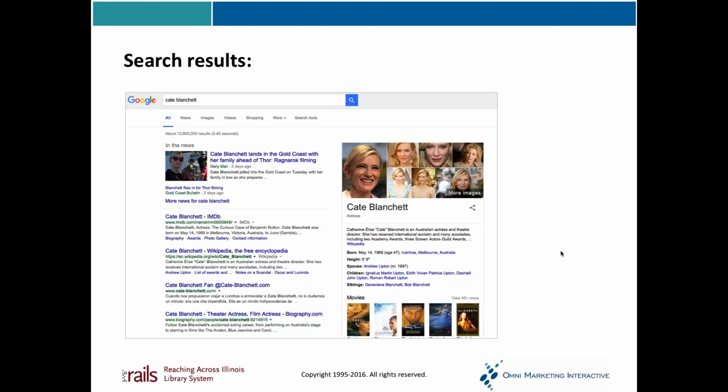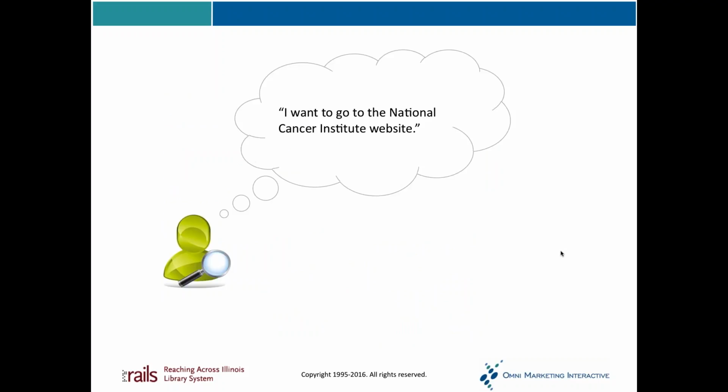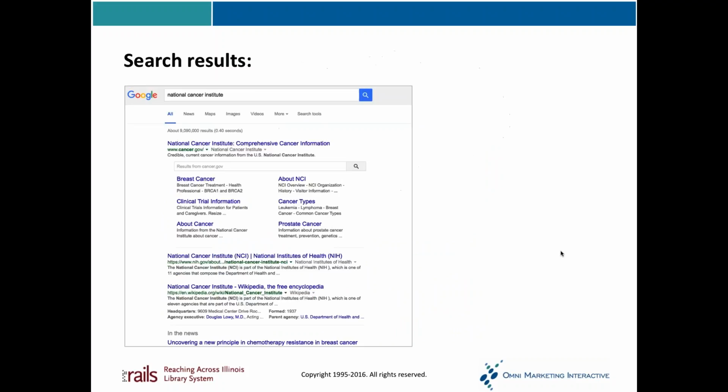The known item searching is pretty straightforward. It's just labeling things in a way that people understand. So let's say a person wants to go to the National Cancer Institute website. What's that person going to type in? National Cancer Institute or cancer.gov. And we see that the site links appear. So this is very likely a navigational query first,